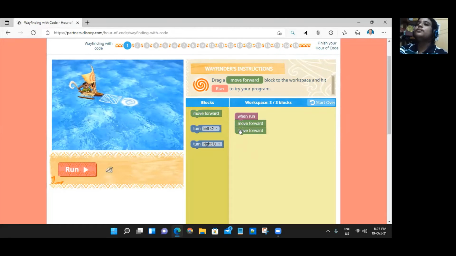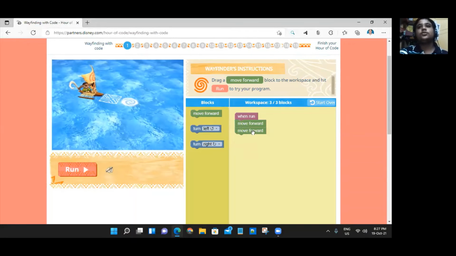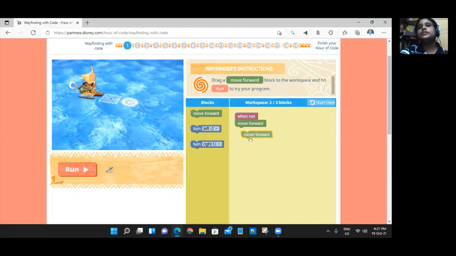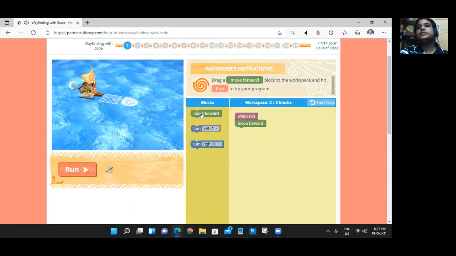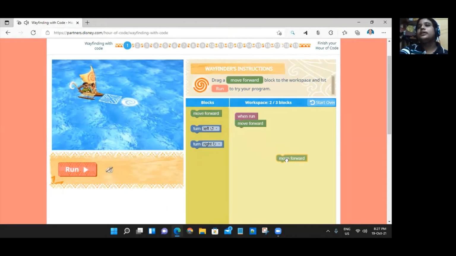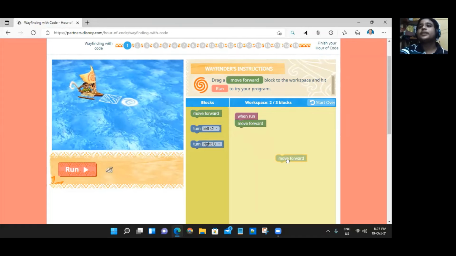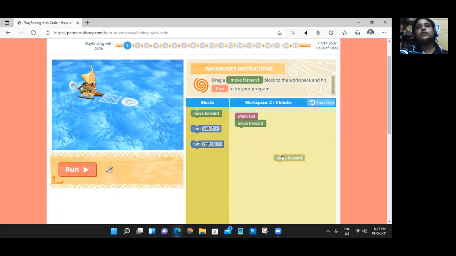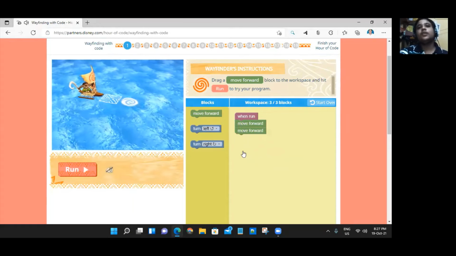Then your workspace is ready for this code. Everyone do this move forward. You can drag this and paste it anywhere in the workspace, but it will not work. It works only if you attach these things, then it works.